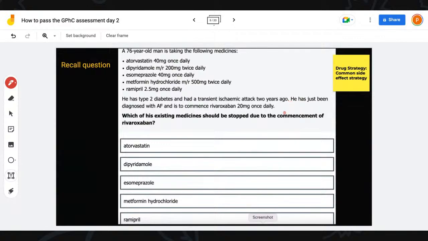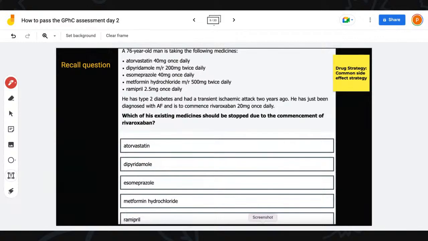You're going to see this when we look at analysis questions, and extended matching questions. That's why I'm really taking my time, because some things are more complicated, so you have to remember the strategy. You are looking for any drug that has the same side effect as this drug. The only one there that has the same side effect is dipyridamole. Antiplatelets could cause bleeding, so this is the one we are going to stop. Most of this is probably recall as opposed to analysis. We've not analyzed the question deeply. We just know dipyridamole causes bleeding. Is this clear? Give me one, and we're going to move on to the next question.